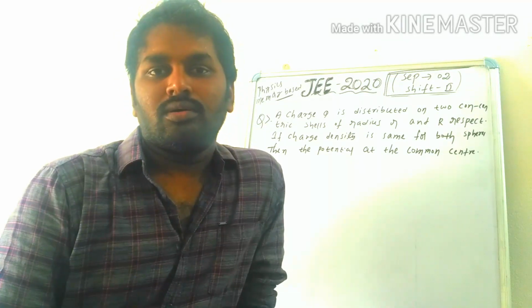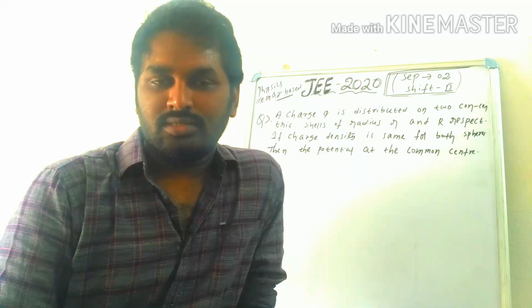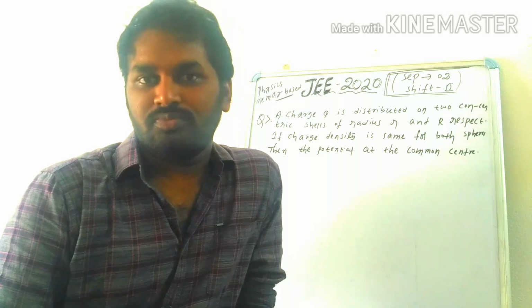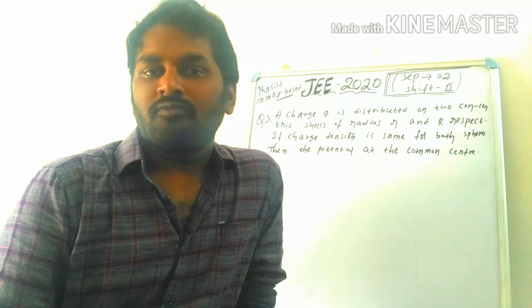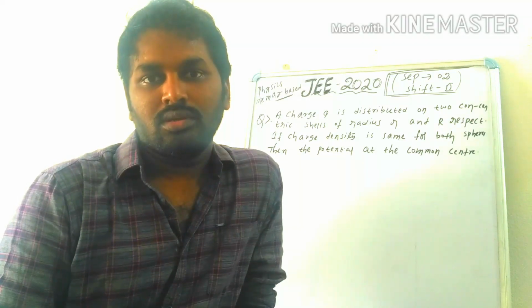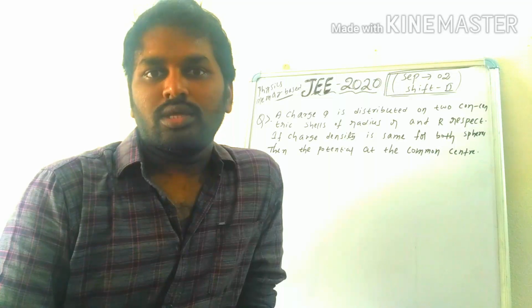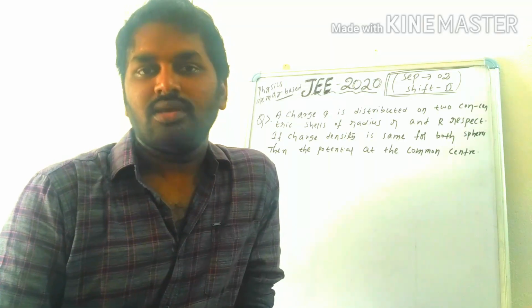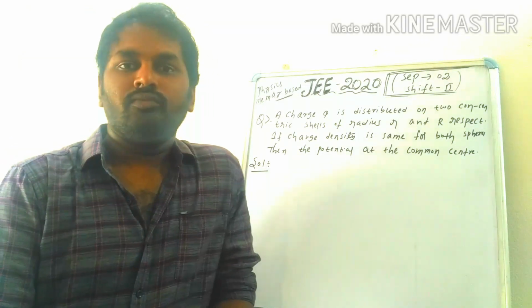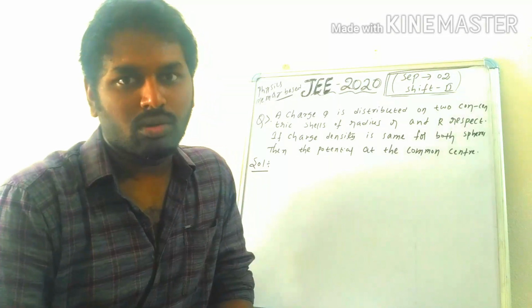In the last video, we started the JEE Mains 2020 September 2nd Phase 2 paper discussion. So far, we have completed a few questions in the last video, so let us try to solve the remaining questions in this video. We have the question on the board, which is from the chapter Electrostatics. Let us have a look at the question.